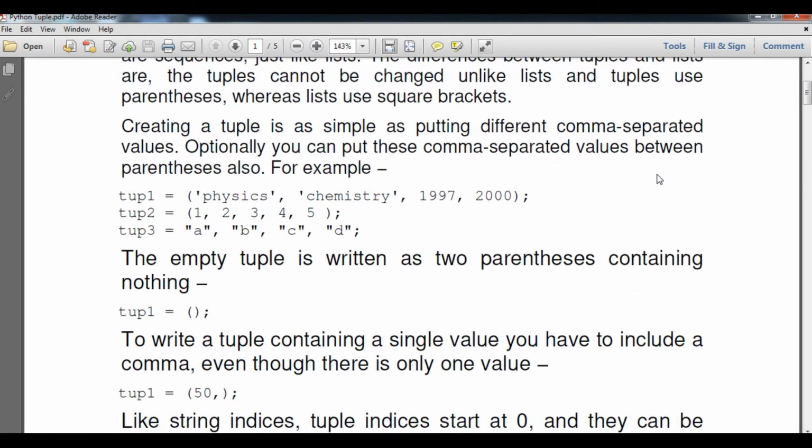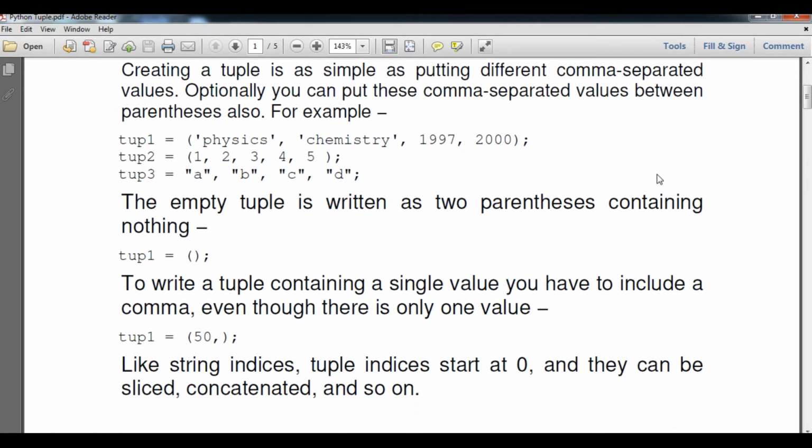Now we are going to understand how to create a tuple. Creating a tuple is as simple as putting different comma separated values, like a list. Optionally, you can put the comma separated values between parentheses. For example, here I have created three tuples: tuple 1, tuple 2, tuple 3.